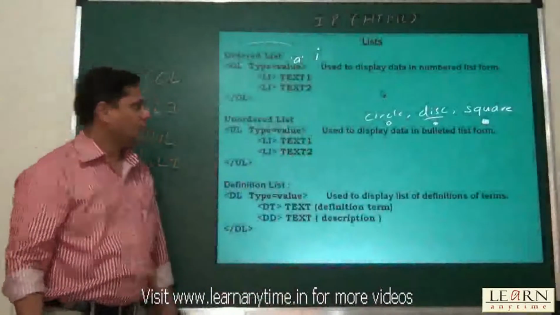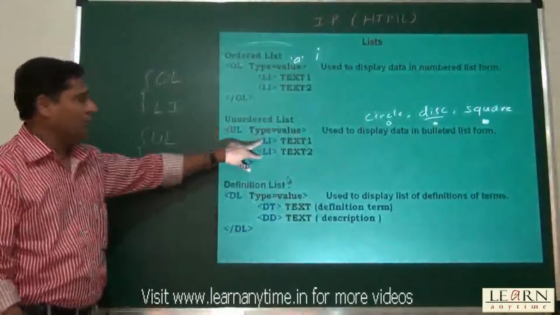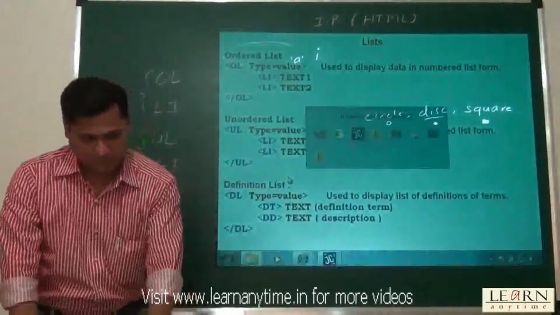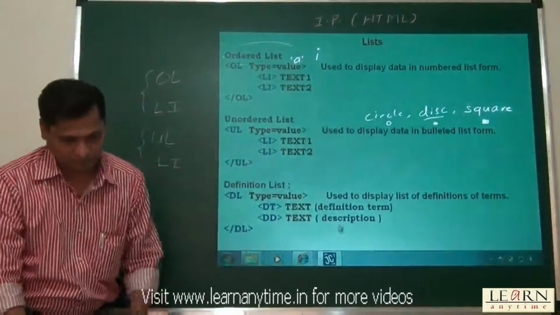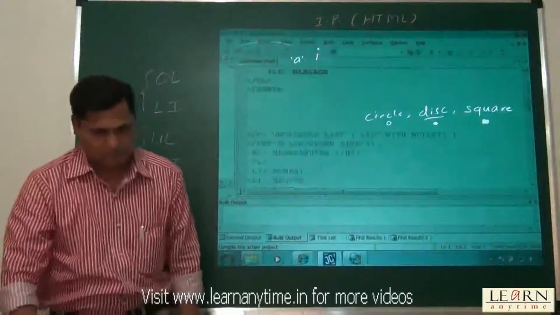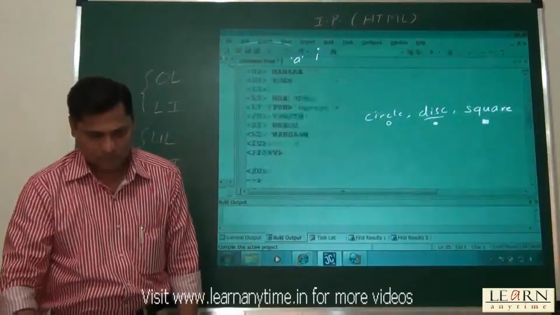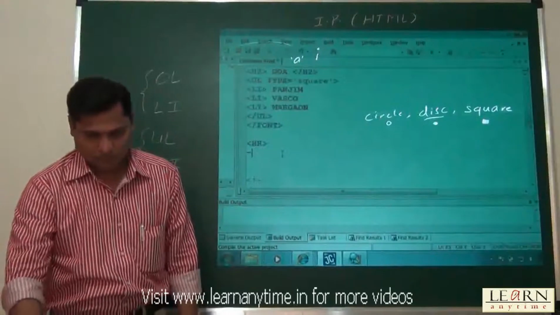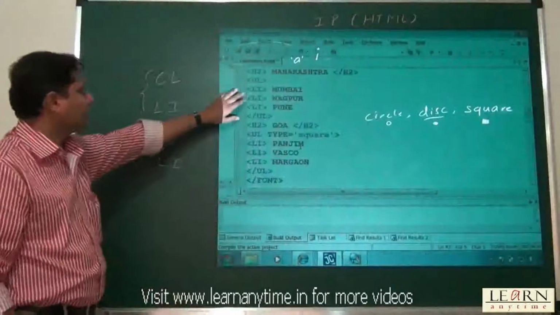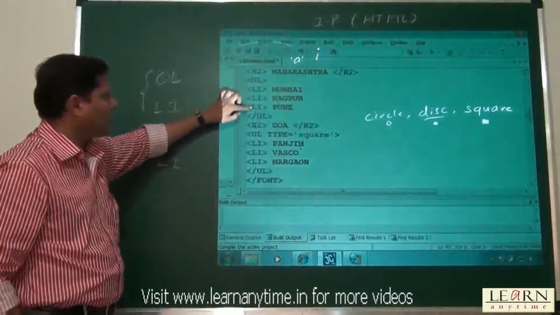So let's see how it looks now. You can write UL, /UL, and in the middle multiple LI for list items. Here you can see H2 Maharashtra, then UL, in that there are 3 LIs.